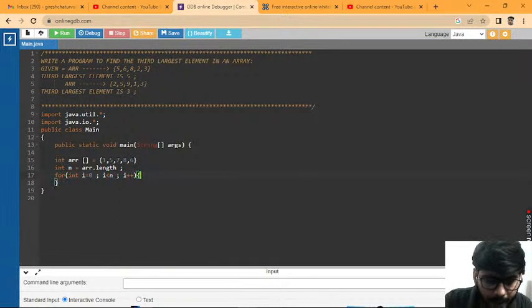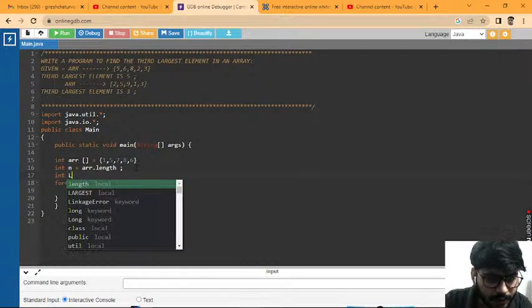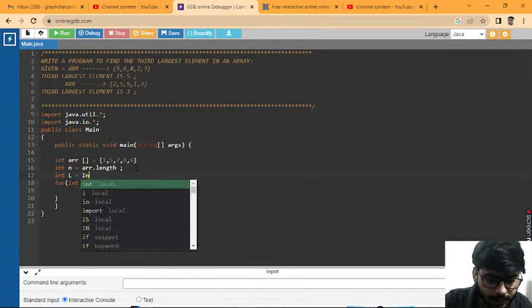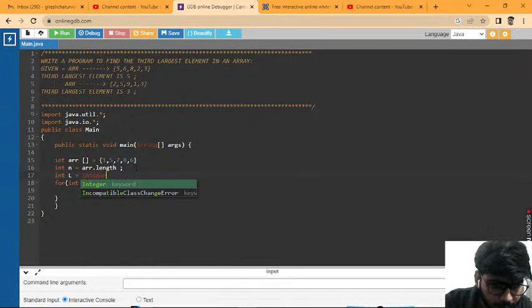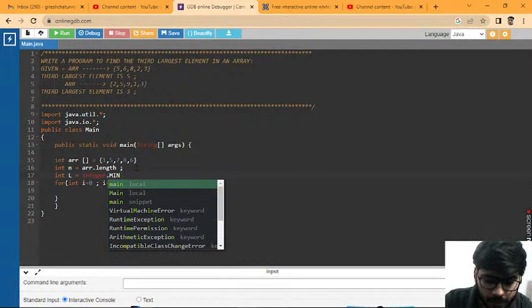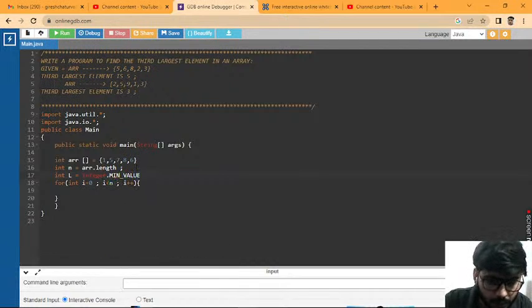And before I do that condition, I am required to take three elements, first as the largest, and initialize that value Integer dot MIN_VALUE. After that, I take one second largest integer,